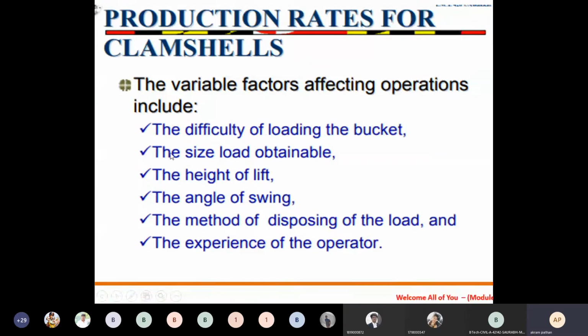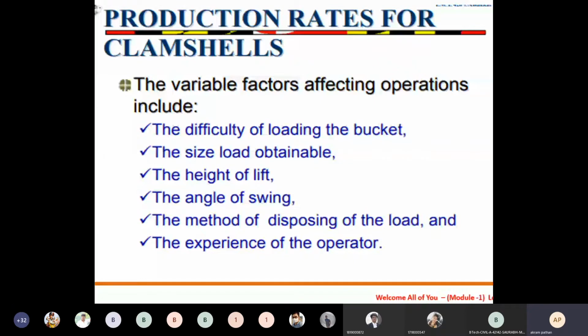The first factor is the difficulty of loading the bucket. Then the second factor is the size load obtainable, then the height of lift, then the angle of swing, then the fifth one, the method of disposing of the load, and the last one is the experience of the operator. So these are the 6 factors which affect the production rate for the clamshell.